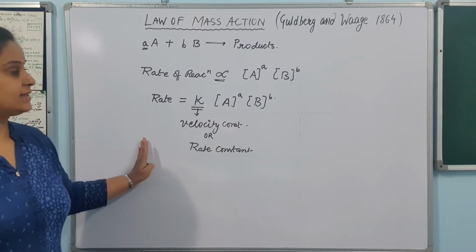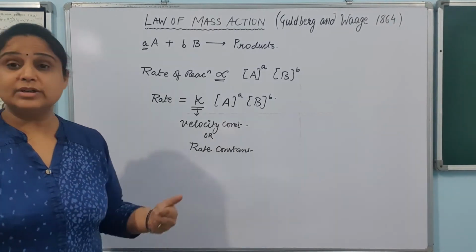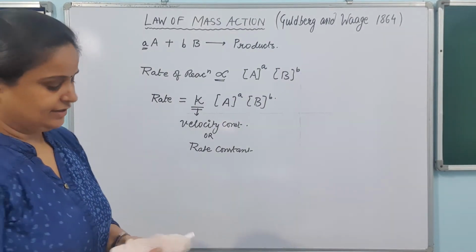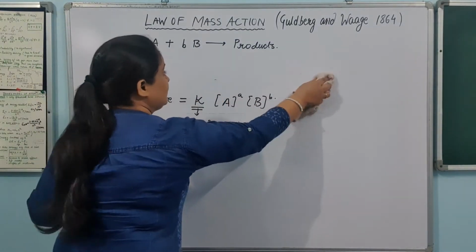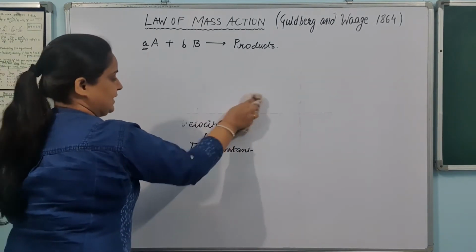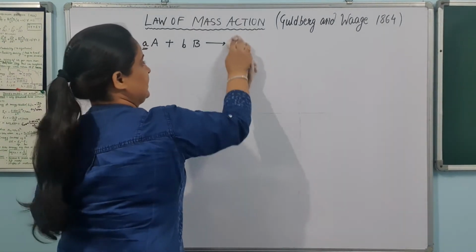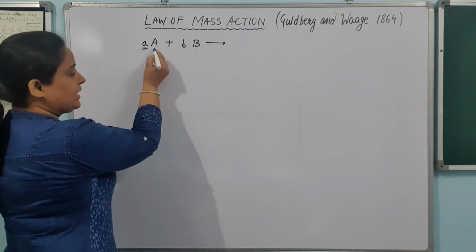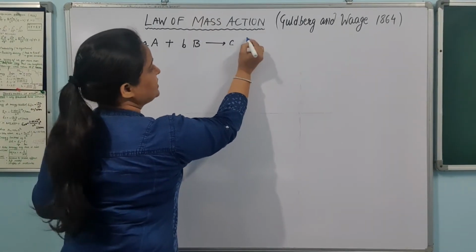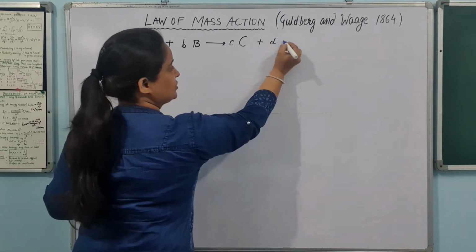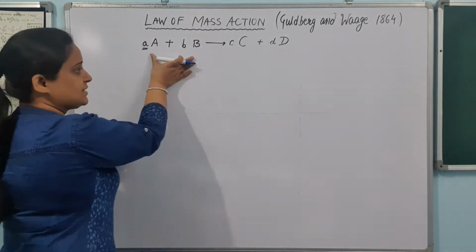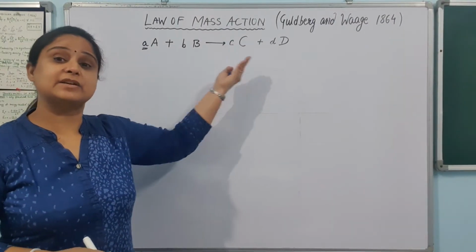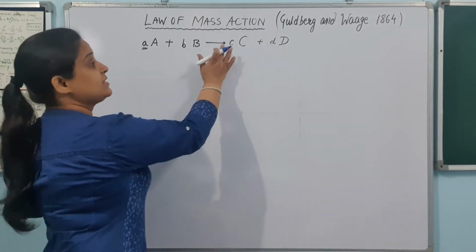Okay. Now let us apply this particular concept to the equilibrium state. And one thing we are clear about the equilibrium, that for the equilibrium, forward reaction rate is equal to the backward reaction rate. Let us apply this concept one by one. Suppose I am taking a reaction in which A moles of A and B moles of B are reacting to form C moles of C and D moles of D. So these are the product this time and these are the reactant. वहाँ पे हमें ज़रूरत नहीं थी तो हमने नहीं लिखा था. This time I am clearly indicating you क्योंकि reaction हमारी U भी जाएगी. तो that means कि मुझे पता होना चाहिए.